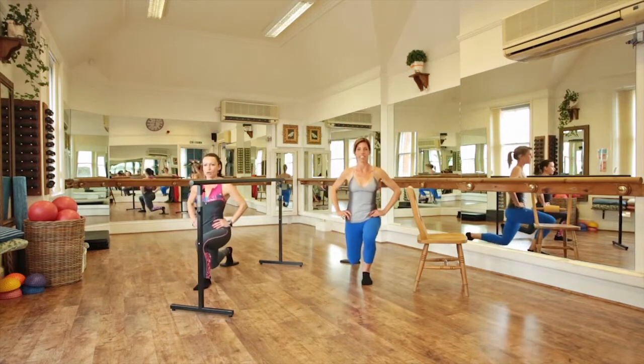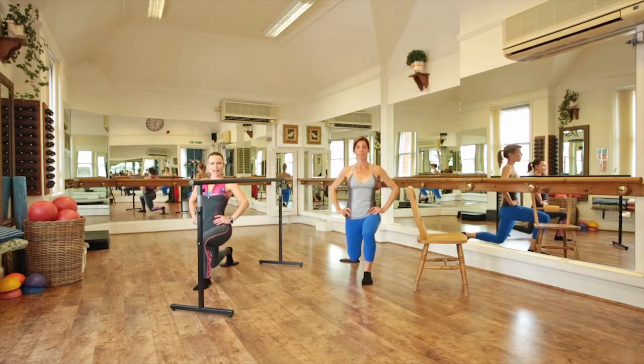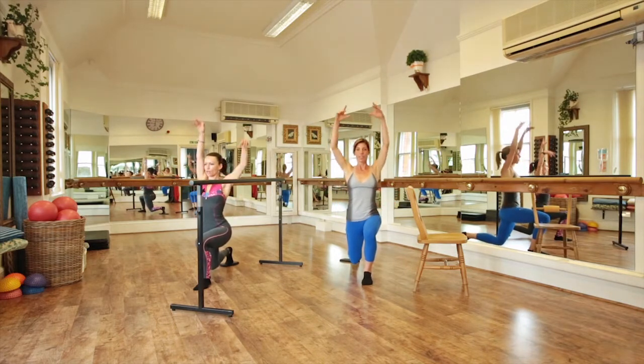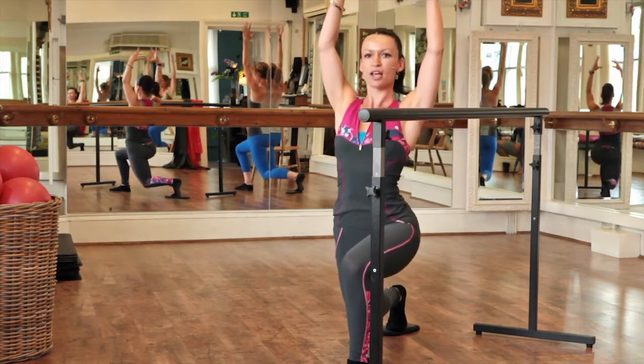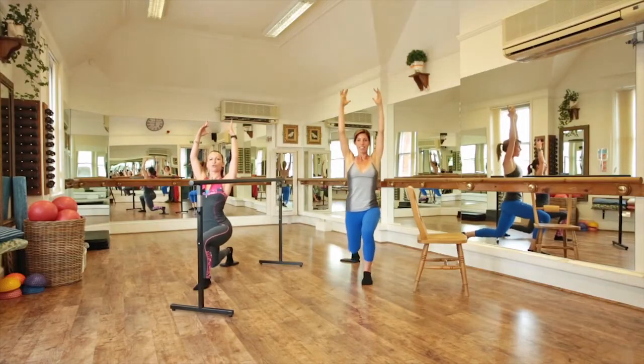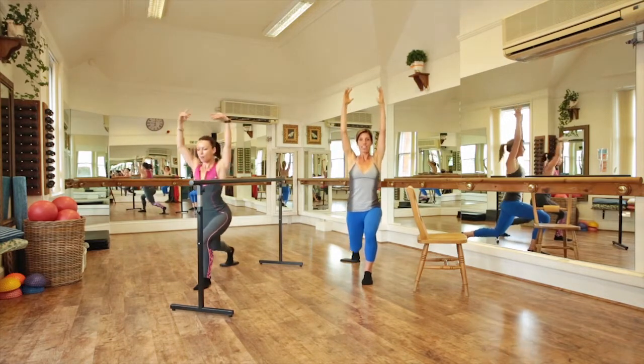Last time, we'll stay low. Little pulses here. 4 more. 3. For 2, next time we'll stay low, raise both arms up and over the head, relax the shoulders, pulse, 8 here, 7, for 6, 5 more, 4, last 3, this is it, for 2, last time, push off, bring